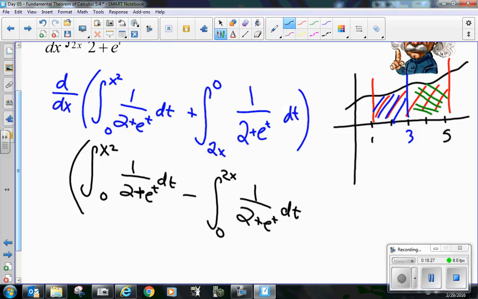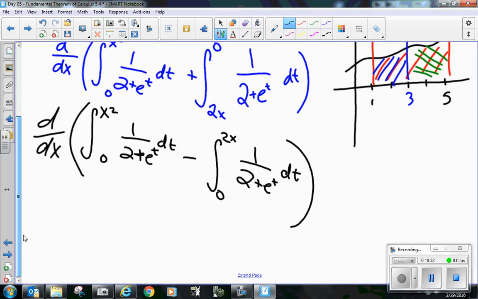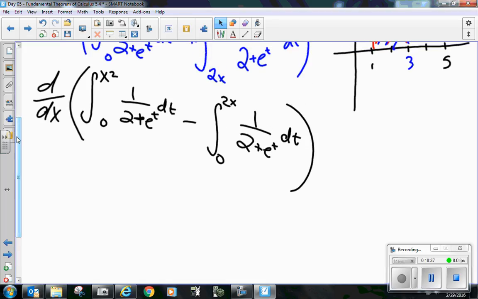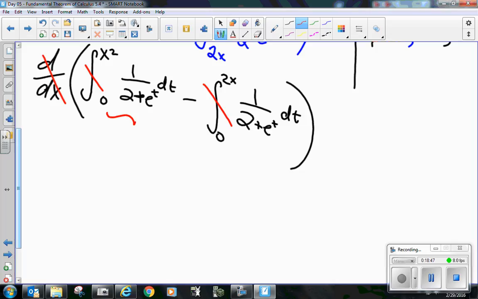And I'm going to take the derivative of it off. Which means the derivative and integration are going to cancel, aren't they? The derivative and integration is going to cancel. So this will cancel with this and this. And what am I left with here? What's this first thing going to end up becoming? 1 over 2 plus e to the x squared times